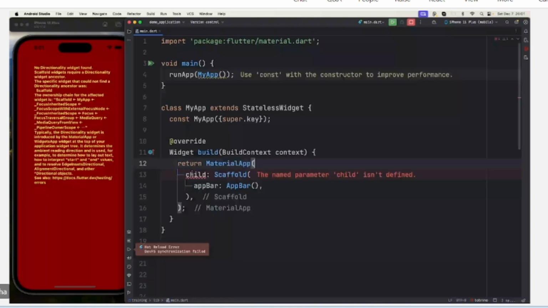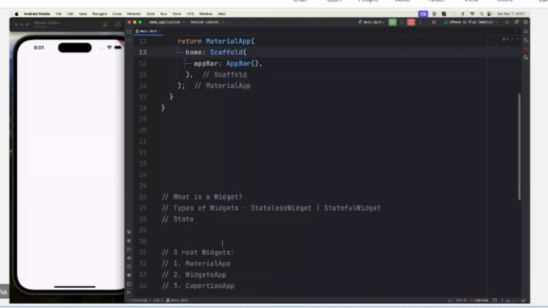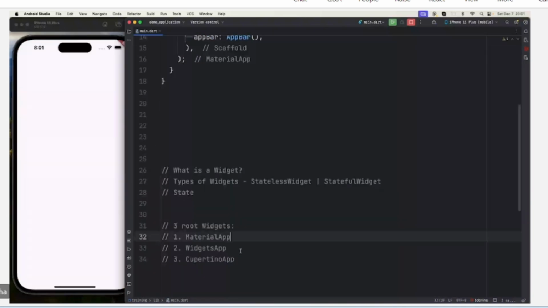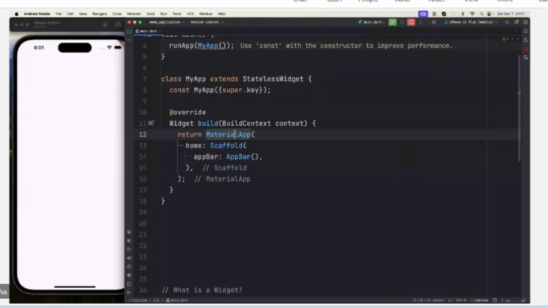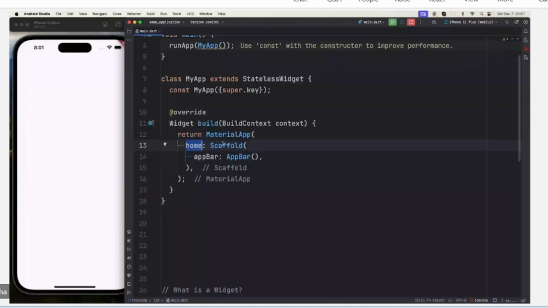Then this needs to be home. Whatever we use, material app, widgets app, mostly we will use material app. In 99% of the cases, we will use material app. So this has many properties like home, navigation. For navigation, also there are things. Home is what? For providing the first screen